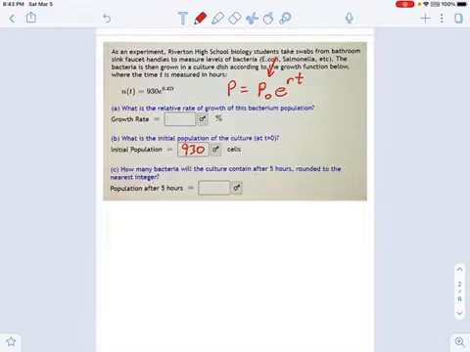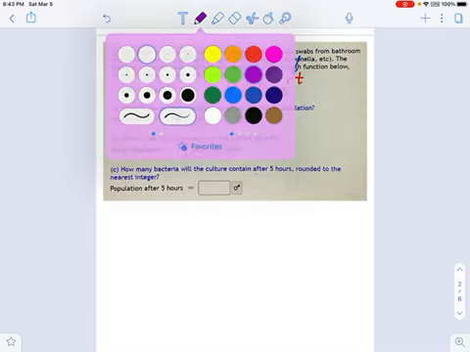Now, R is your growth rate, okay? And in this case, that is 0.47. So what 0.47 refers to is 47%, right? So we would just be careful to write it that way. This is the old deal where 47%, you divide it by 100 and you turn it into a decimal. Okay, so that's 0.47.